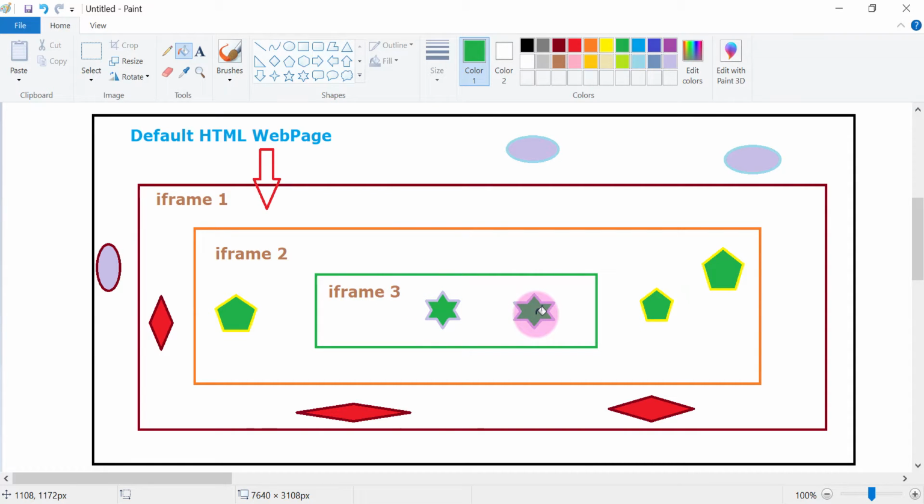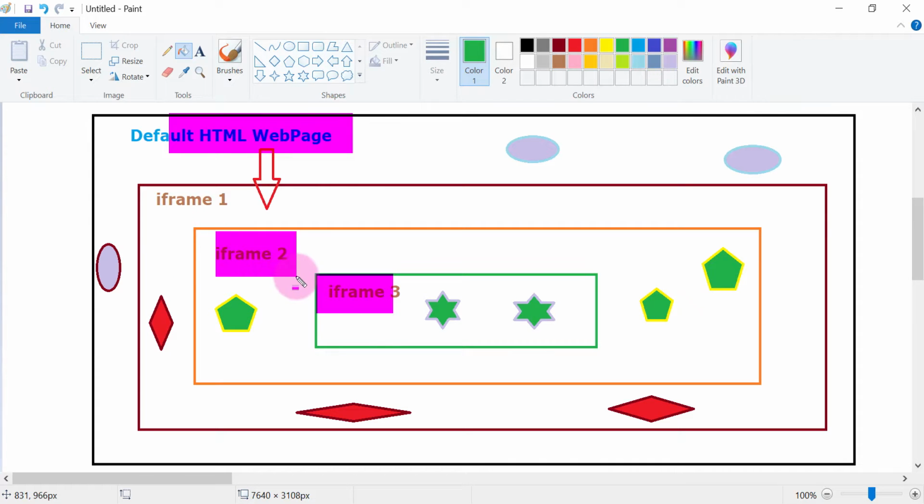So this is the concept. If you want to interact with the elements or web objects available inside an iframe, then first of all you need to switch the focus of the Selenium WebDriver from the default content to the concerned iframe. For that purpose, as I have already told you, you can use an id. A frame will have some id or name, or you can use a web element. You can create a web element for this object and provide that as a parameter also. So what are the methods to handle this?